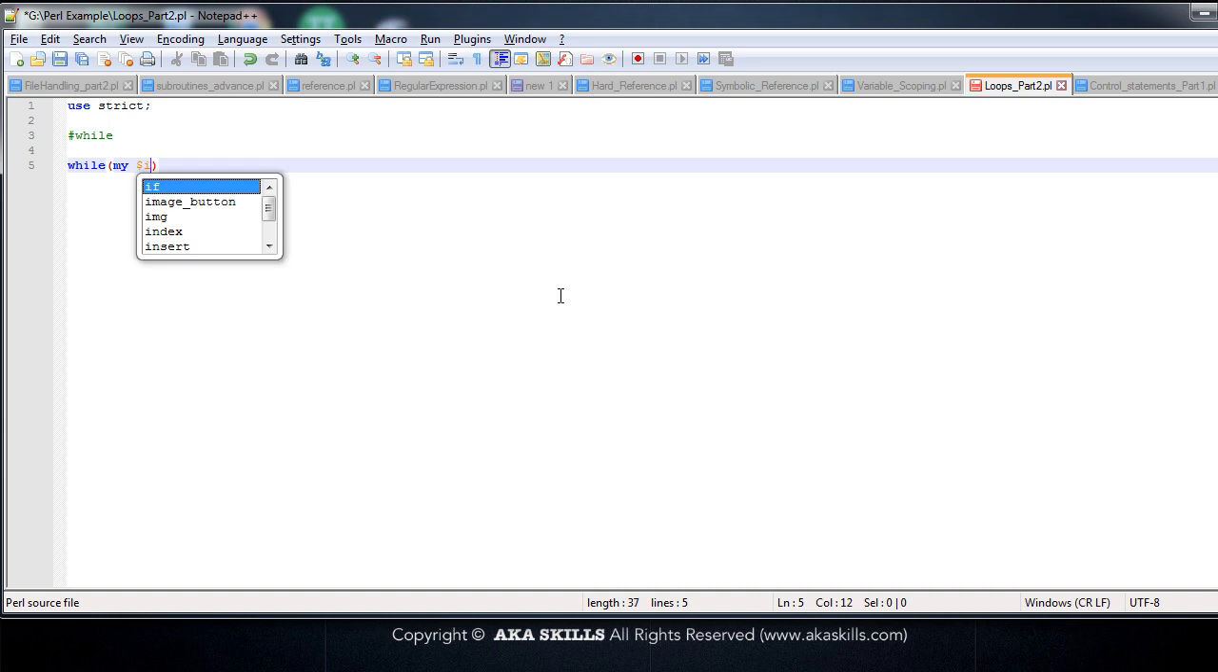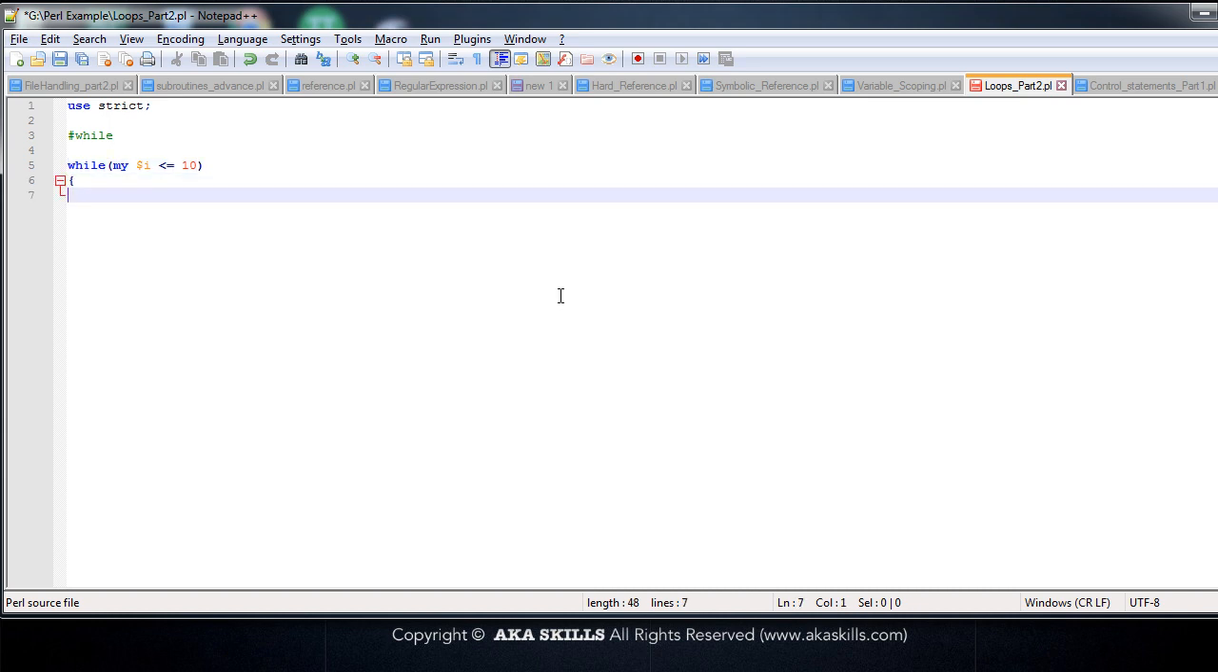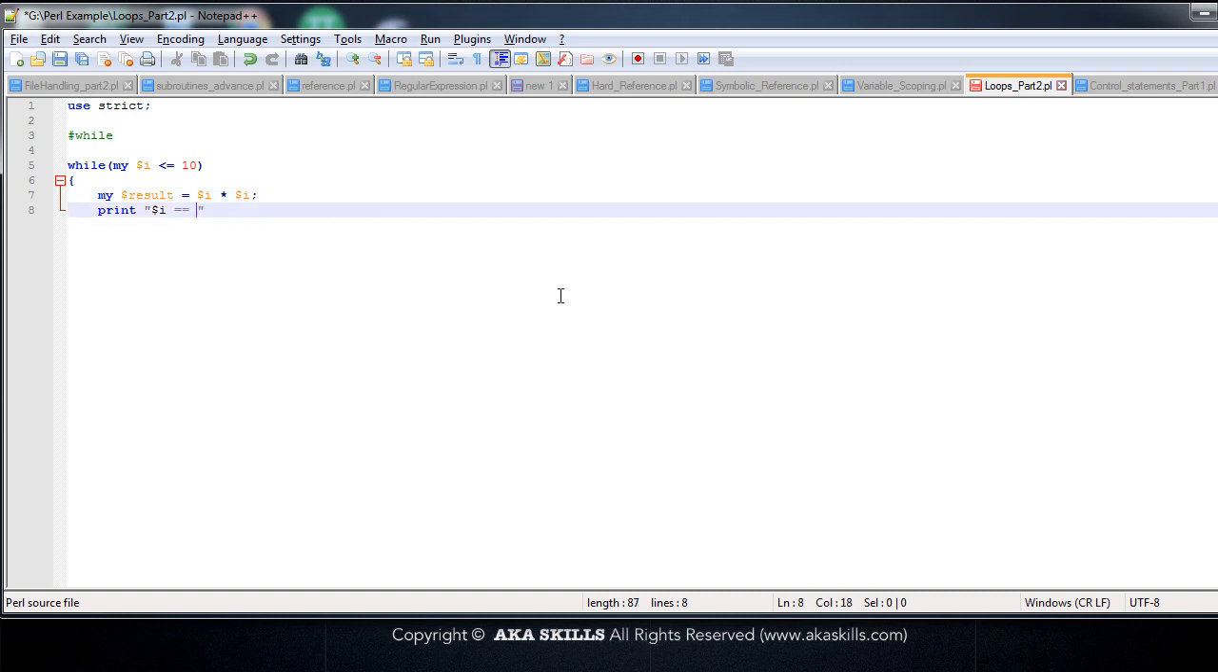my $I is less than or equal to 10, and here I would say print $I is equal to, something like my $result is equal to $I star star $I, $result. Okay,